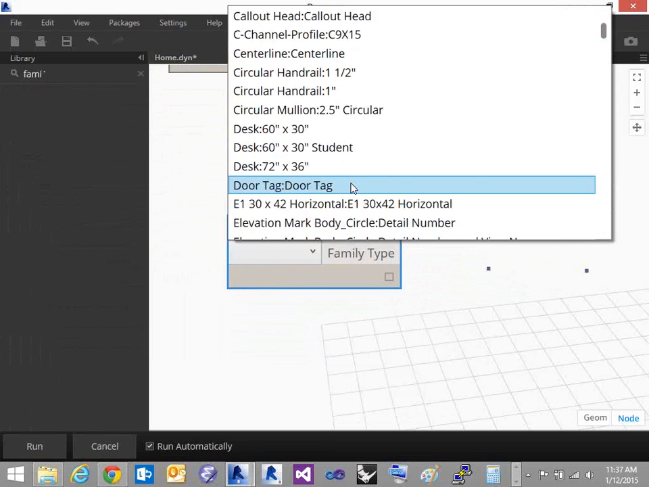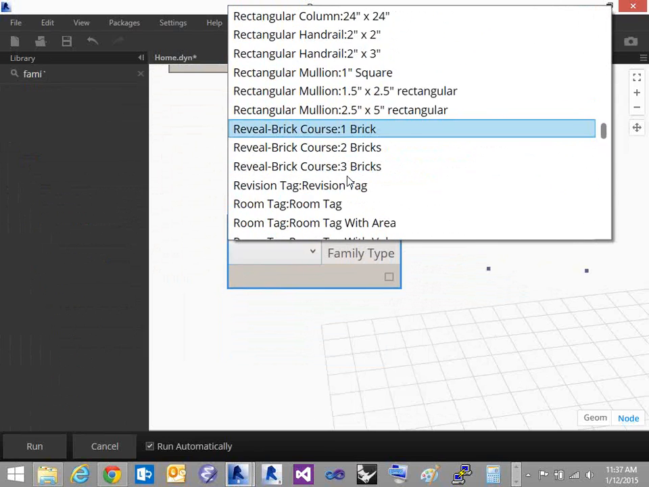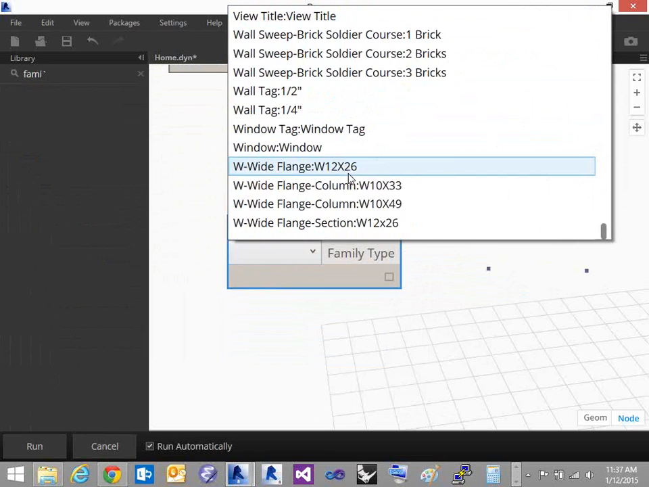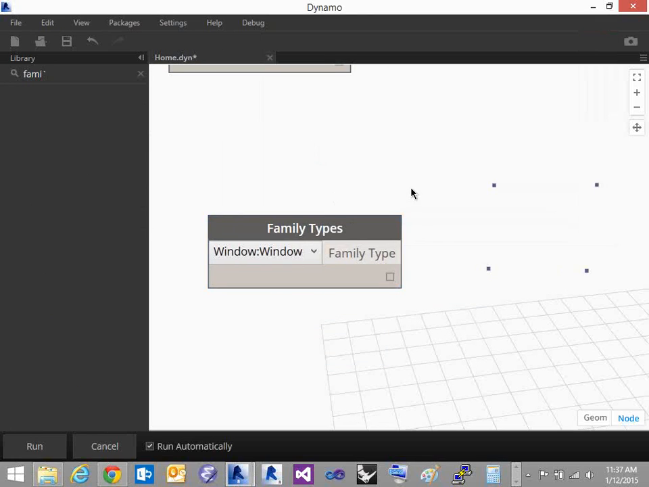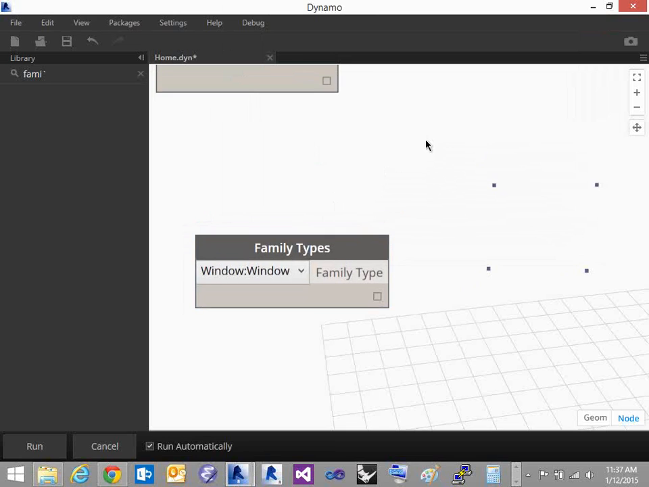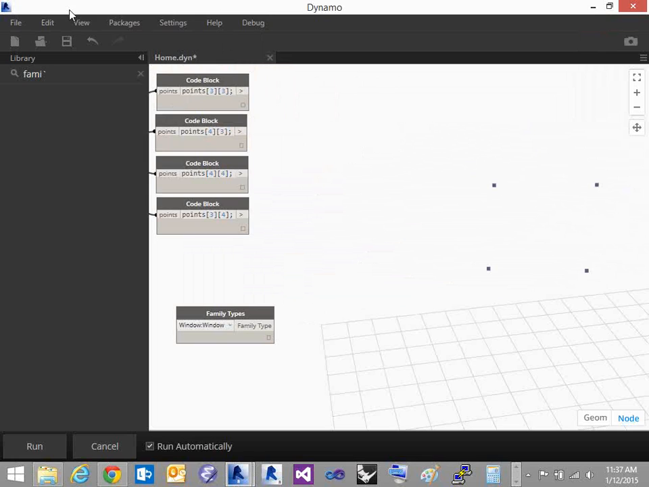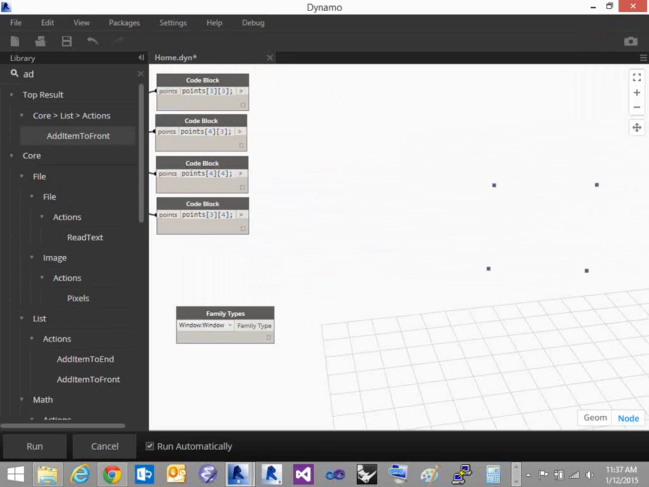If we scroll down, I have, by the way, window is a terrible name for a family, but whatever. It'll work for this. Name your stuff more descriptively. All right. And the second thing we want to do now is instantiate this adaptive